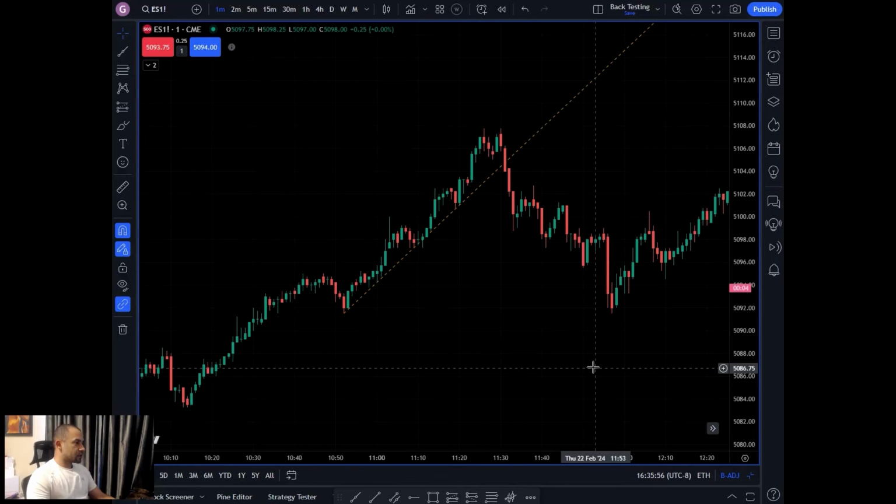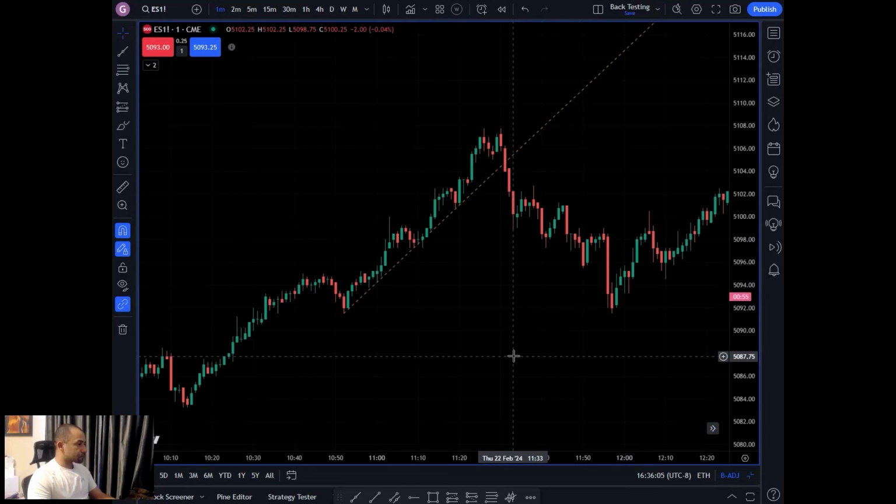The next thing is entry. So once the trend line has been broken, how do we know when to enter the trade? What I look for are continuation patterns. So continuation patterns can be bear flags, they can be bull flags, they can be pennants, they can be head and shoulders patterns. My favorite personal pattern to look for after a trend line break is a bull flag or